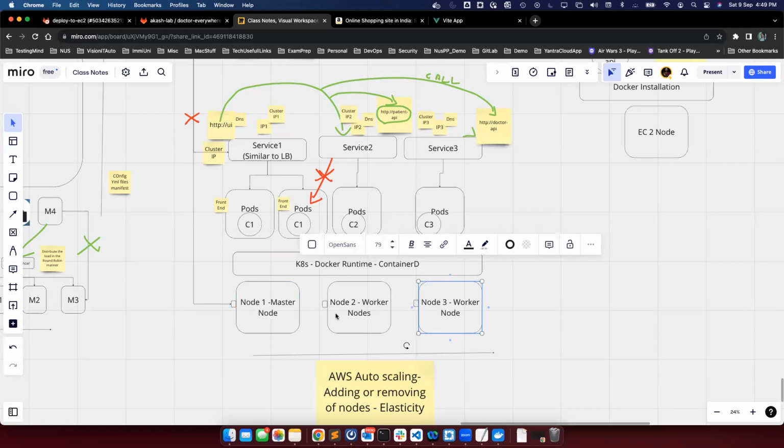Third is called MicroK8s. This is more of a Linux way of doing it. So you can try using all three. I will try to use a simple version of it, which is Minikube. Okay. So Minikube